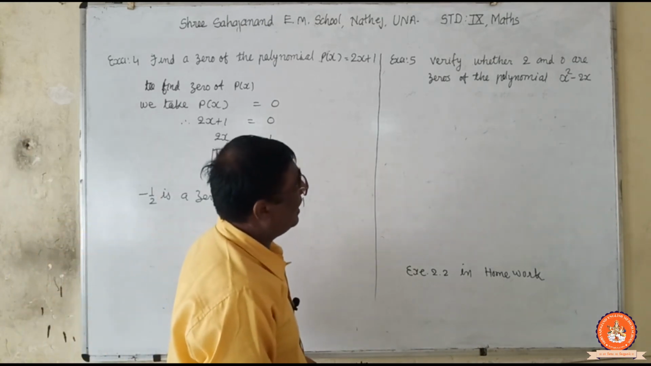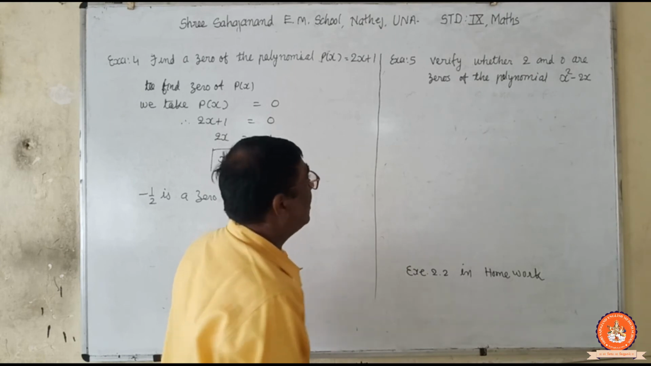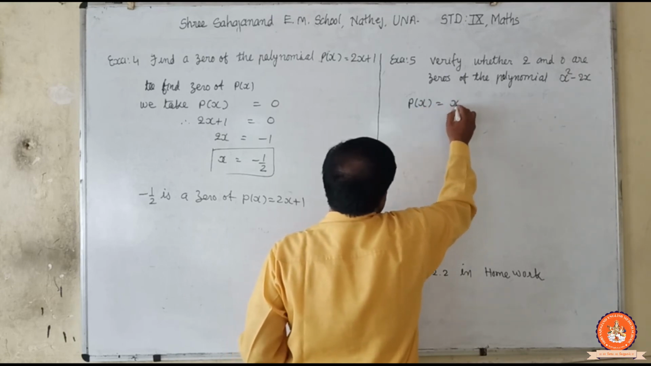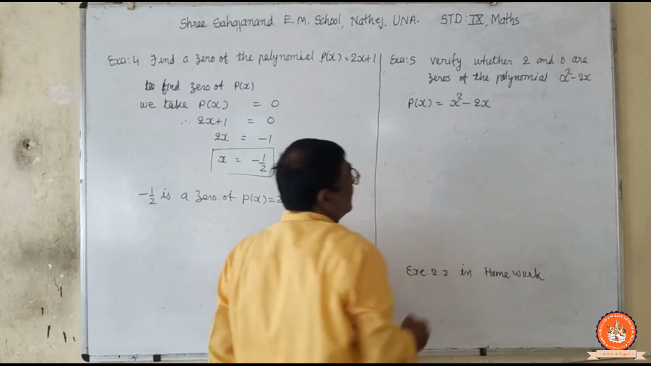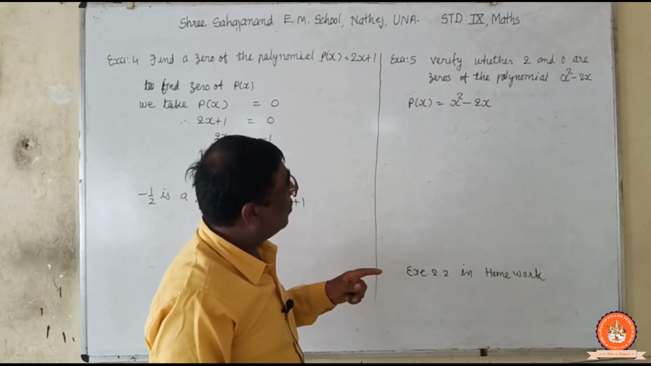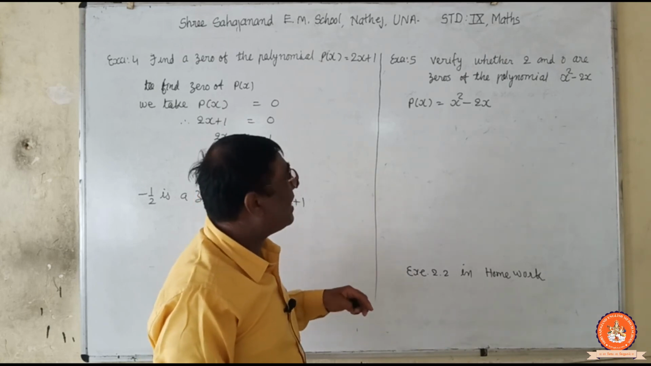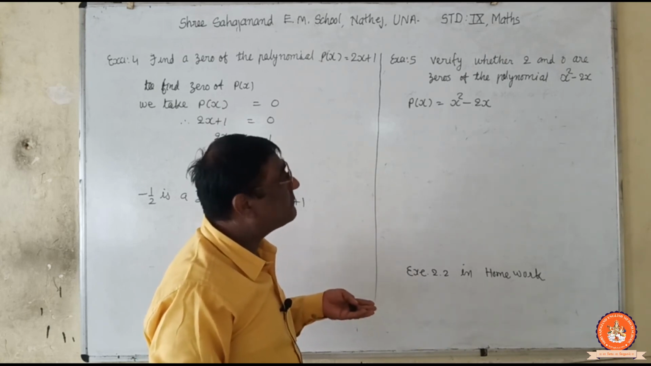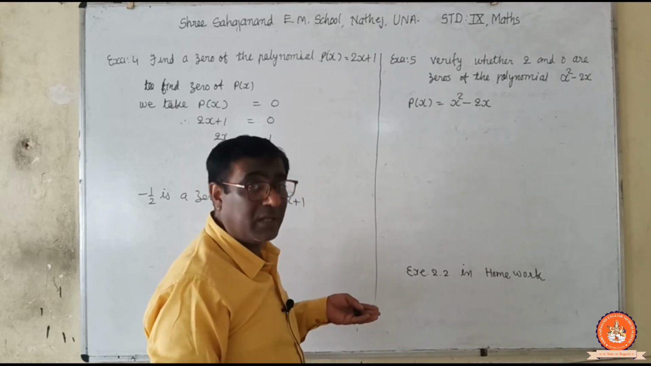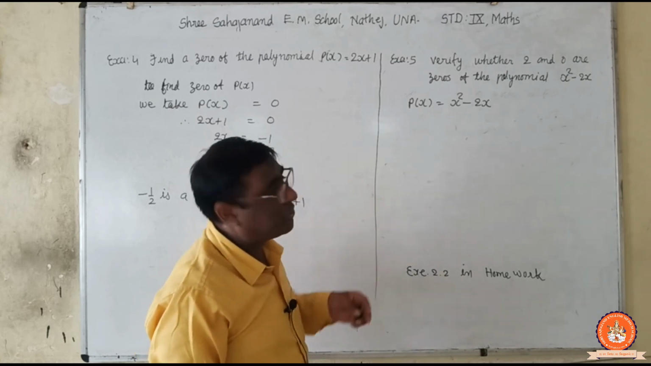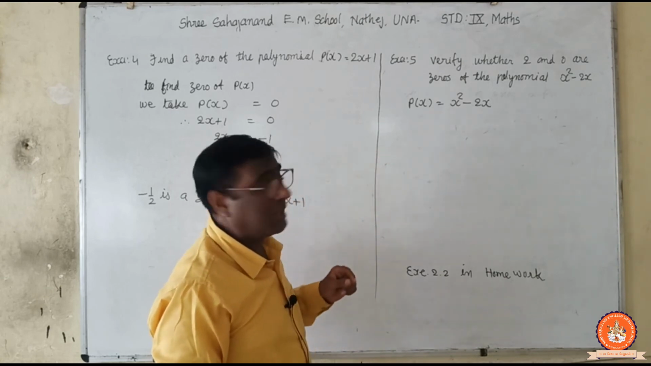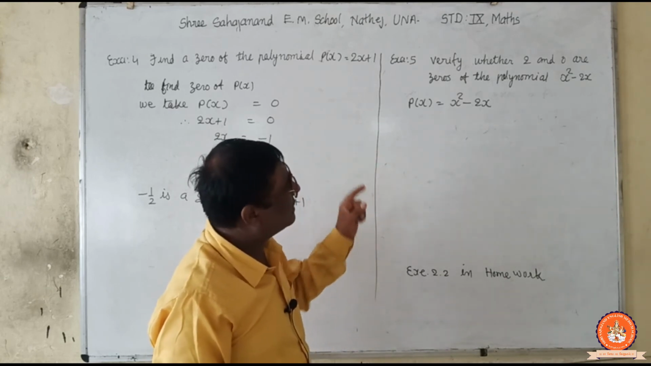Now verify whether 2 and 0 are zeros of polynomial. Okay, so now p of x is equal to x square minus 2 into x. This is the polynomial. So verify whether 2 and 0 are the zeros. 2 और 0 इस पॉलिनोमियल के 0 है या नहीं. So हम क्या करेंगे, x की जगह पे एक बार 2 रखेंगे, पॉलिनोमियल की वैल्यू फाइंड करेंगे. ओके, अगर 0 आती है, पॉलिनोमियल की वैल्यू 0 बन जाती है, तो 2 है वो पॉलिनोमियल का 0 है, वरना नहीं है. और दूसरी बार क्या करेंगे, हम x की जगह पे 0 को रिप्लेस करेंगे,